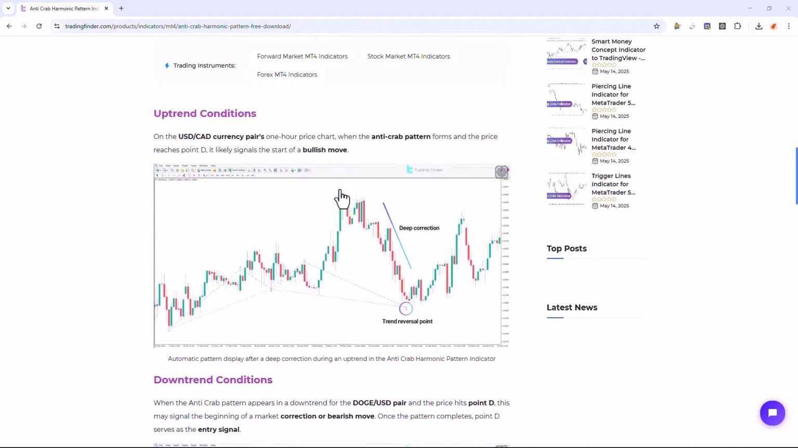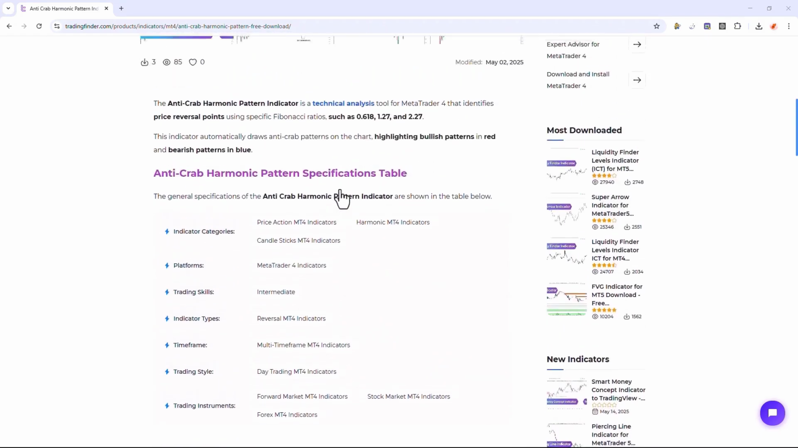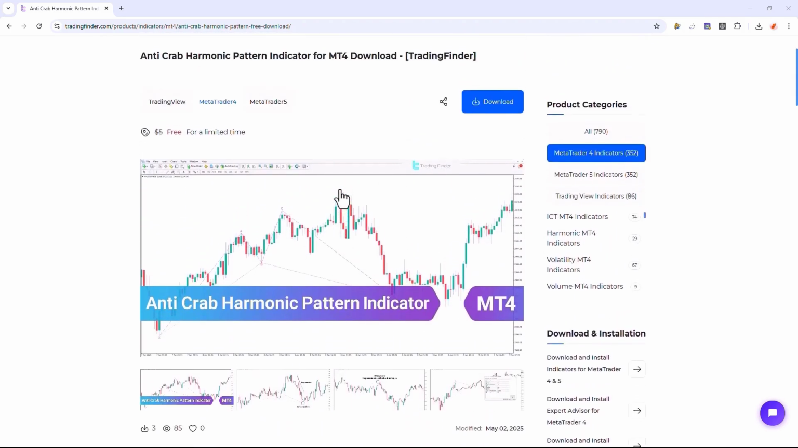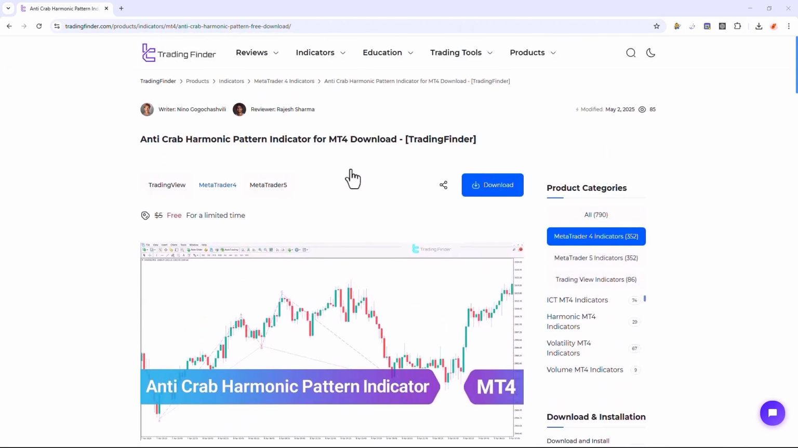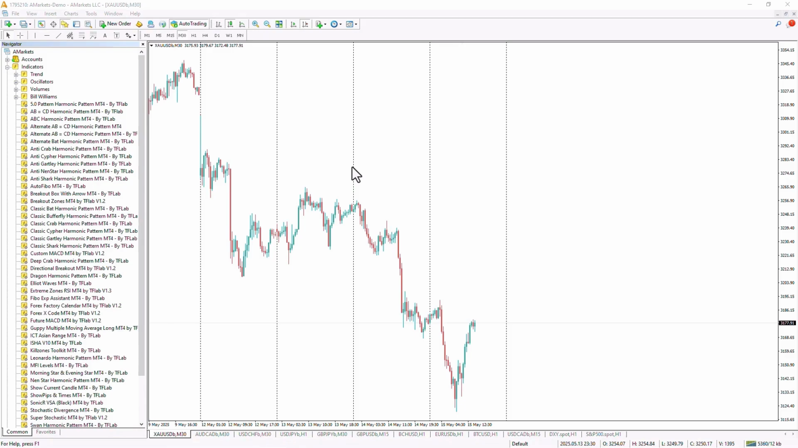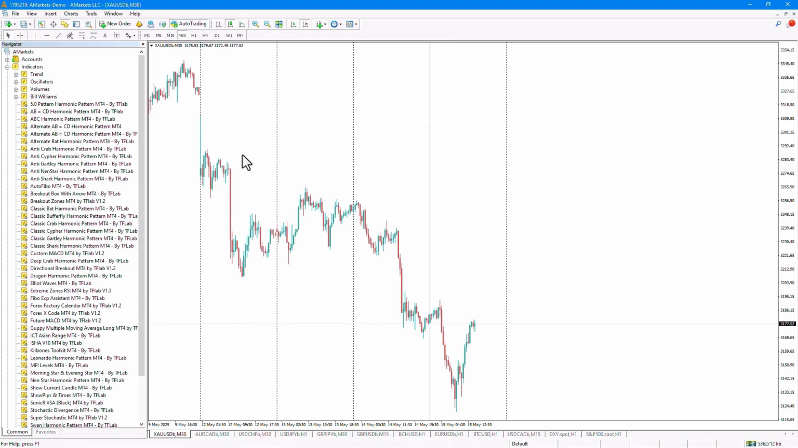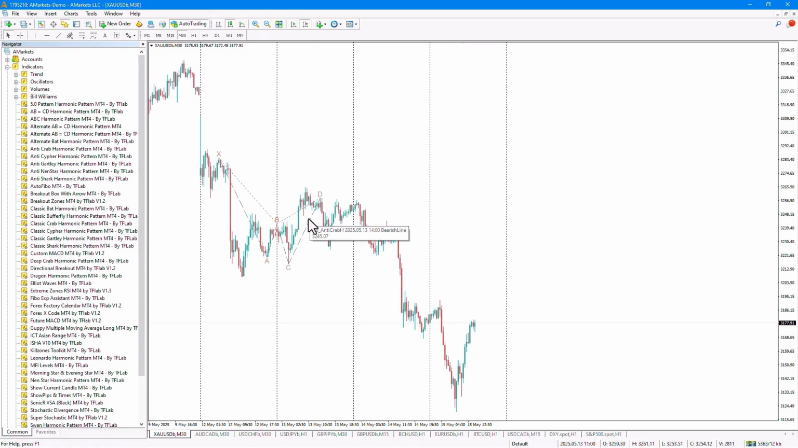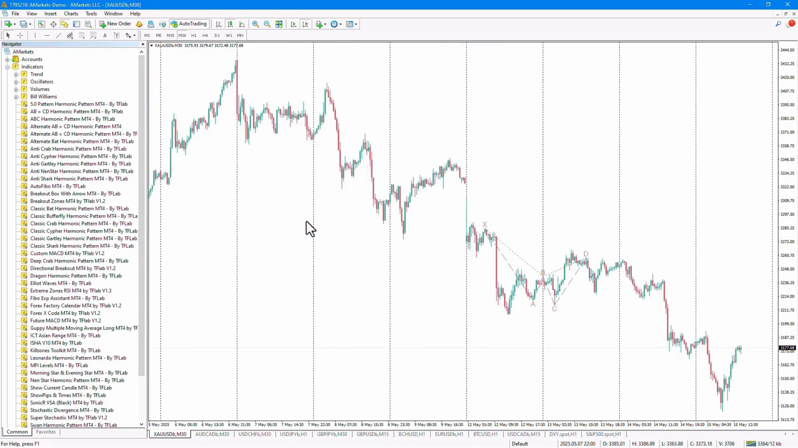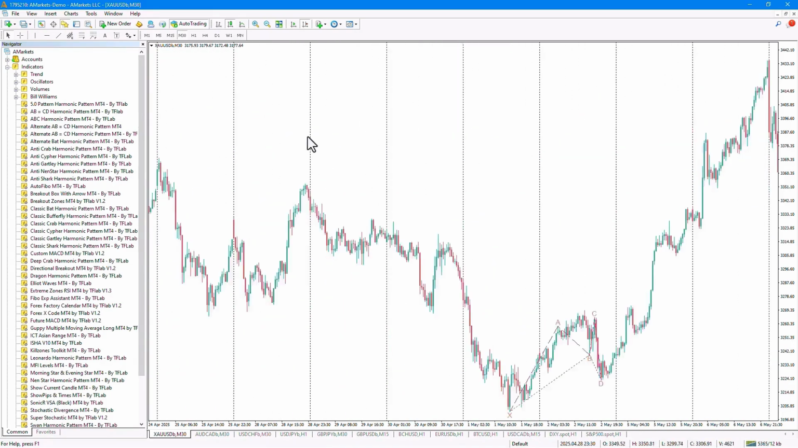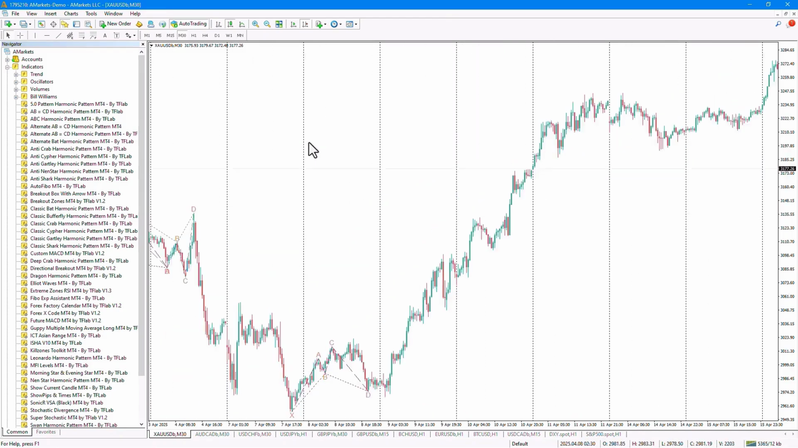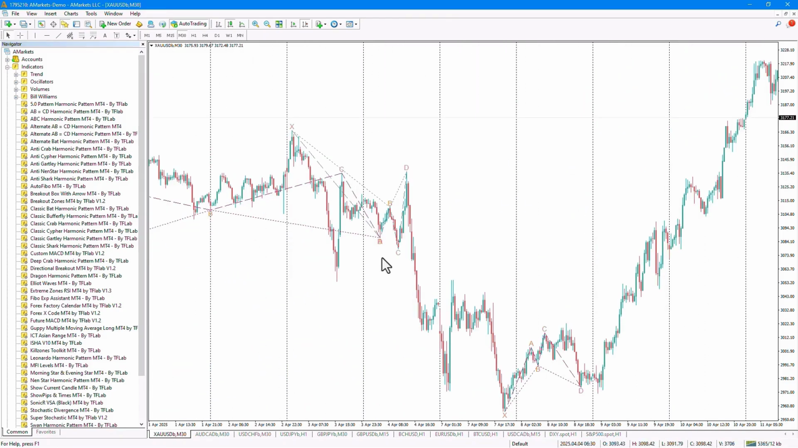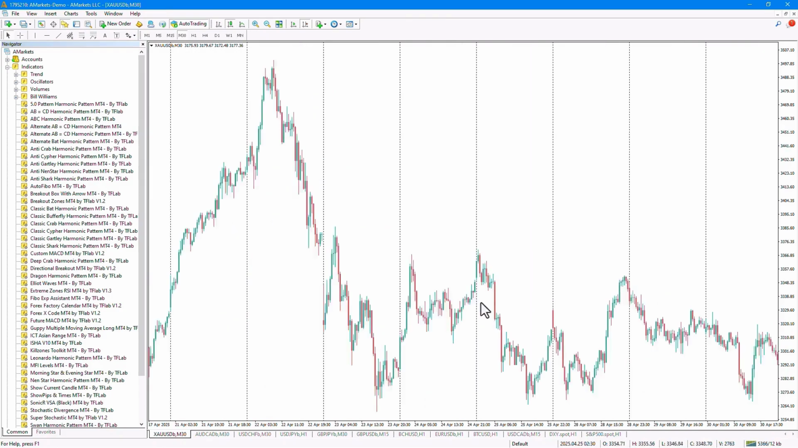From the Navigator section, we select the indicator file, and by dragging the file onto the chart, we run the indicator. Once the indicator is placed on the chart, it begins to identify and draw the anti-crab harmonic pattern on the price chart. Traders who are looking to identify this pattern on the chart can use the Anti-Crab Harmonic Pattern Indicator